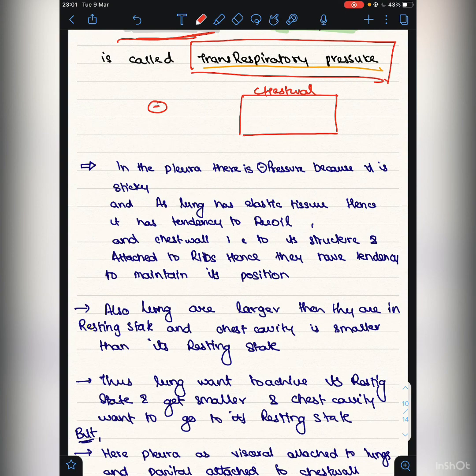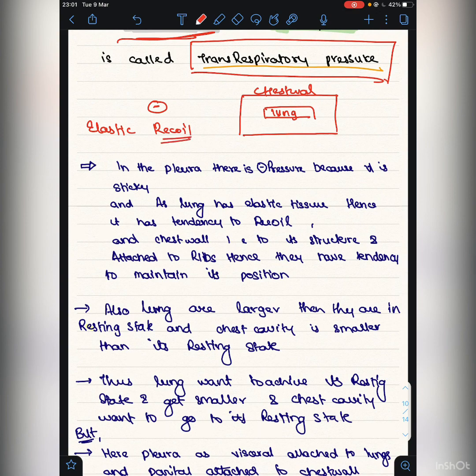And inside that box there is elastic tissue, which is lung tissue. Due to the presence of that lung tissue, the two of them are so systematically synchronized that inspiration and expiration is facilitated. As we know, lung is an elastic tissue, and every elastic tissue has the capacity to recoil and wants to stay